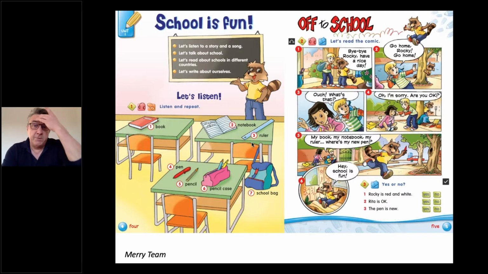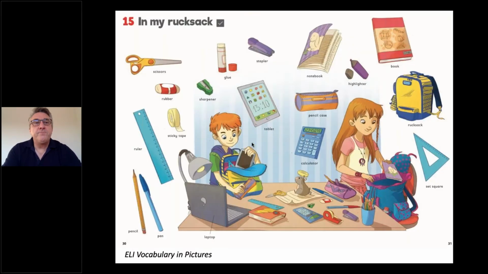And here in this book, there's always a cartoon strip. So if you're a primary teacher now, you could look at this. But I think the kids at any age need to know vocabulary for the classroom. So what do we do? Well, luckily, this page has got a very nice, clear image of the classroom. However, that's not enough for me. I think I want to get the students to think about more things.